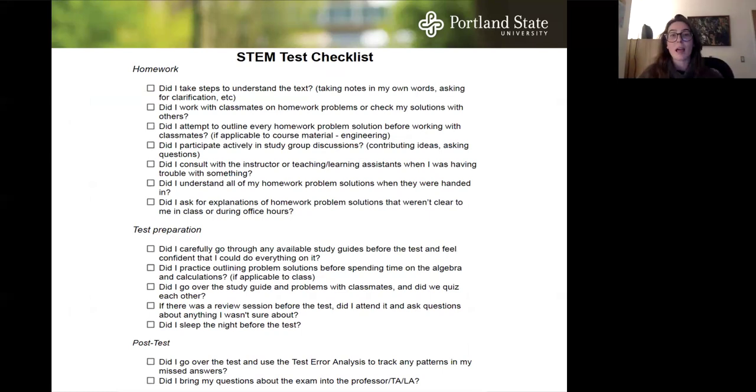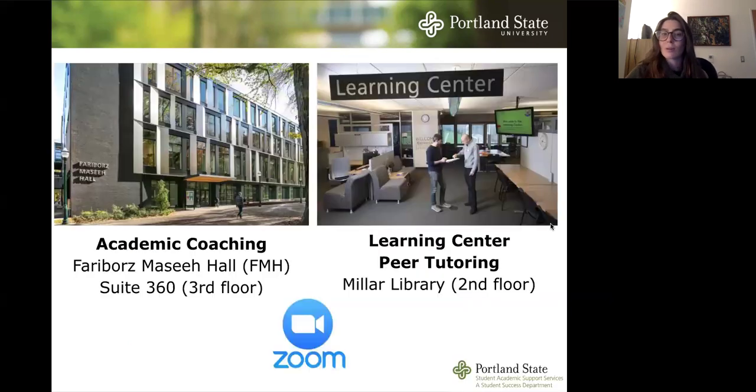Once we do our test error analysis, it's really beneficial to also go back and look through our checklist of our test preparation, walking through: did I do these steps? Which steps did I do? Which steps did I not do? Having gone through your test error analysis, what are steps that maybe you didn't do the first time that we should be trying to do for our final? You can walk yourself through this and try to figure out what I can do to further strengthen my study routine, especially as we prepare for our finals.